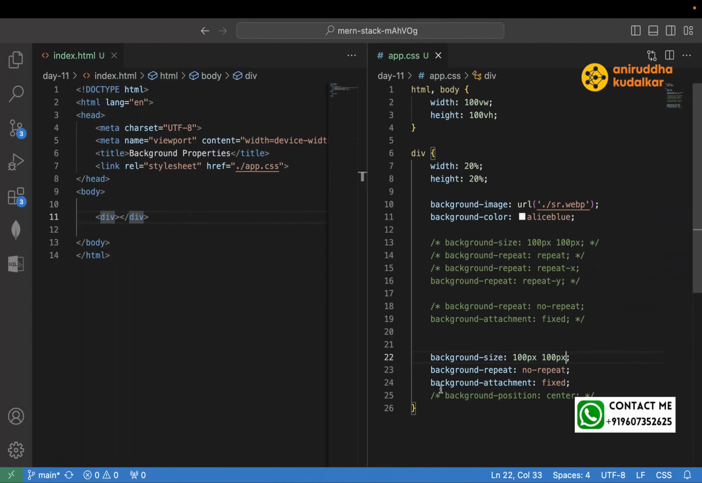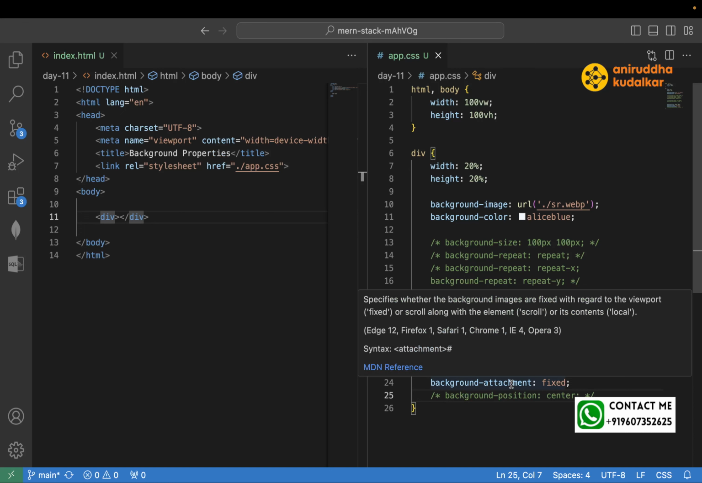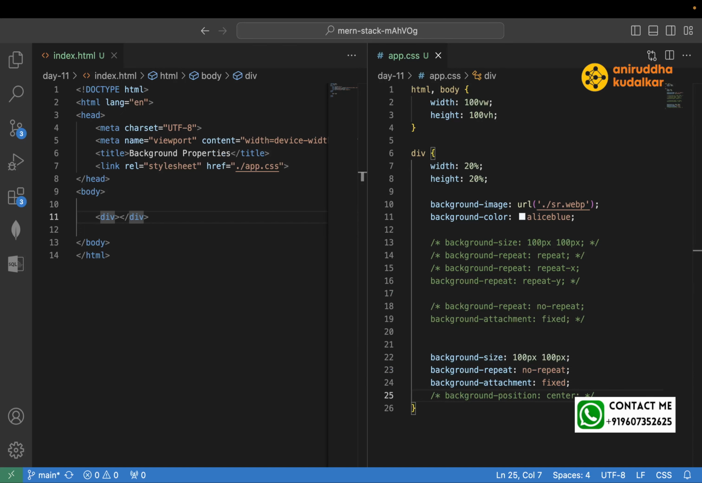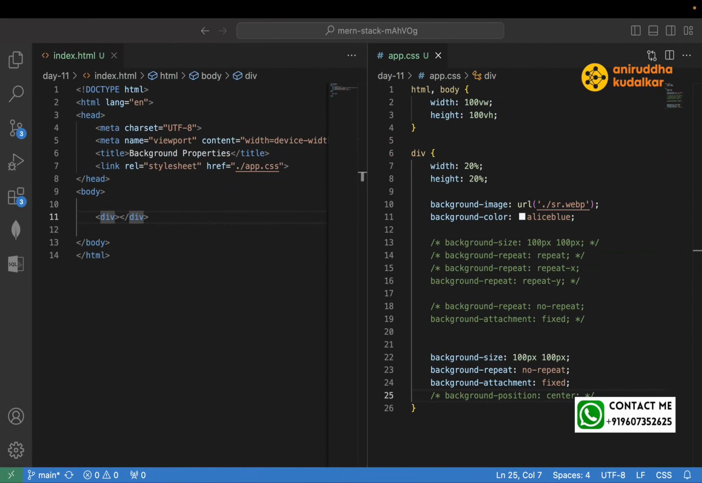So this is about some of the background properties, and there are a lot of background properties available out there. You may try it on your own. So when you say background,